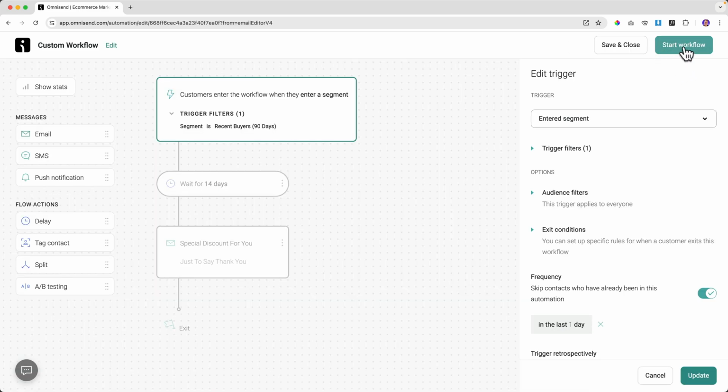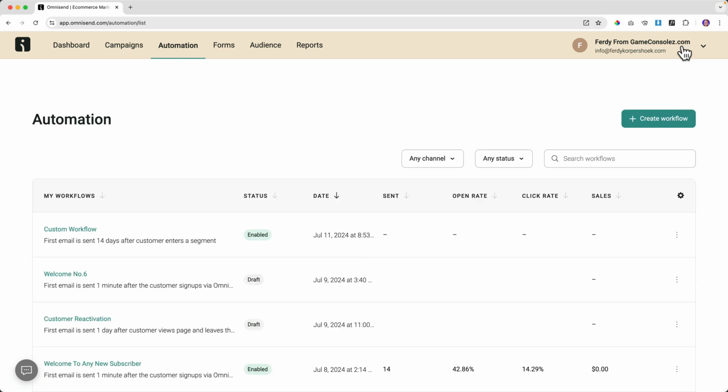And of course I need to start the workflow. So right now it is active. Let me show you one more example. Because when you apply this the right way, you don't have to do anything and automatically people will start to see emails based on the segment they fall into. And it can be that people fall into a segment after 6 months. So after 6 months, automatically an email will be sent to them without you doing anything. And in that way, you can generate more revenue.